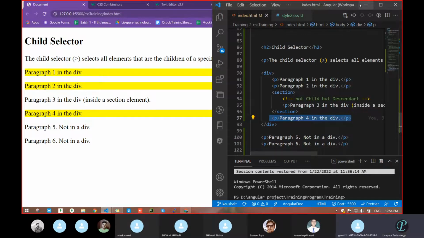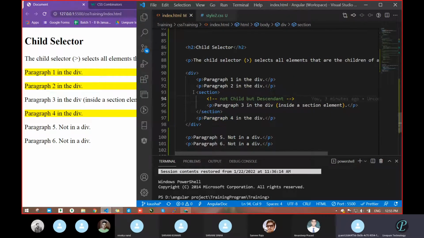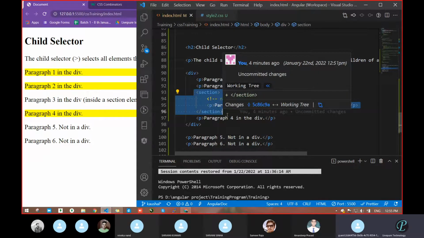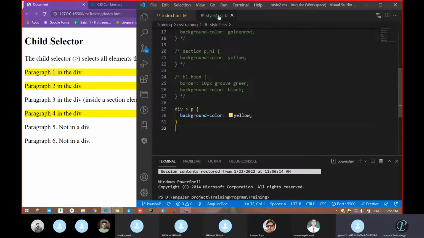Now see, one text is already written there. What do you get from this text? Not a child, but a descendant. You can search in Google what descendant means. So this is not your child. This will not come under child, but we saw in the descendant selector that this worked. So when you want to apply some color only to the child, in that case you can go with the child selector. And how will you apply the color? Just the greater than symbol. That's it, and you make the relation.